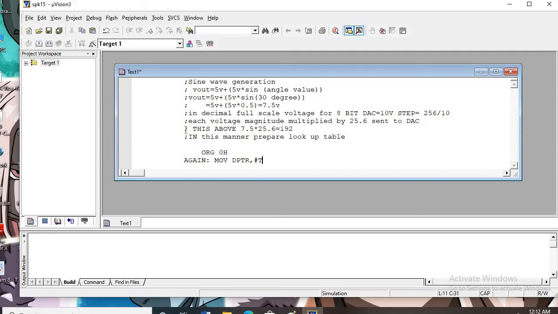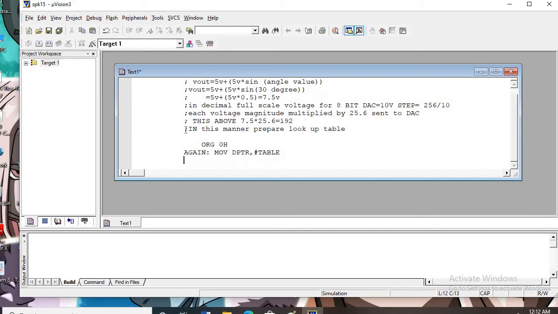Move, table. Suppose, for example, at present I have stored 25 values in my lookup table. So I am using one register for storing the counter value, that is 25.